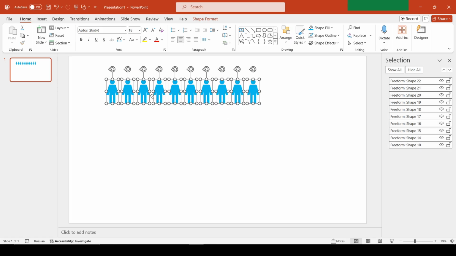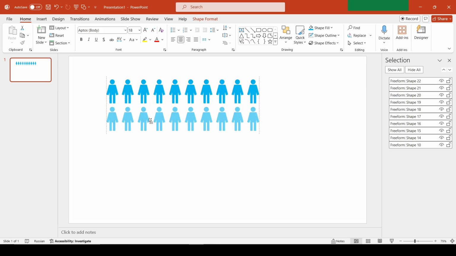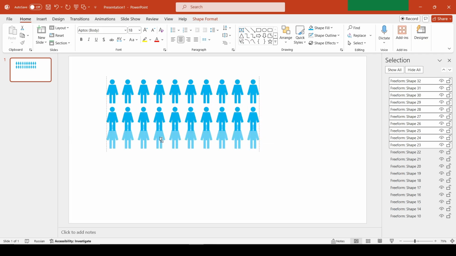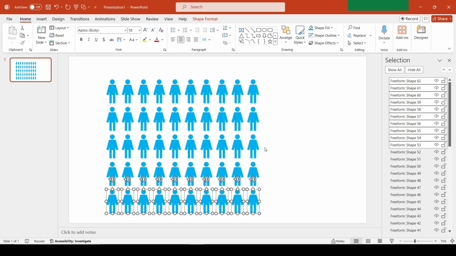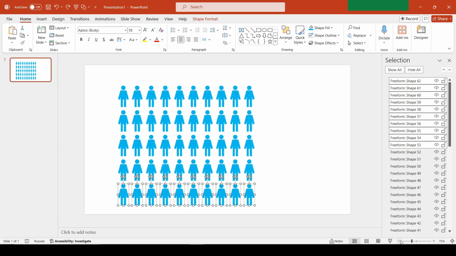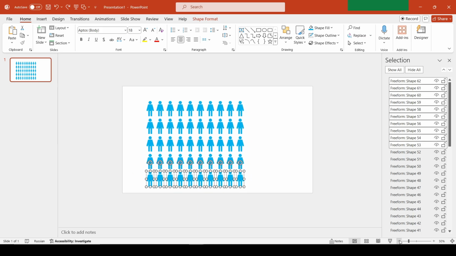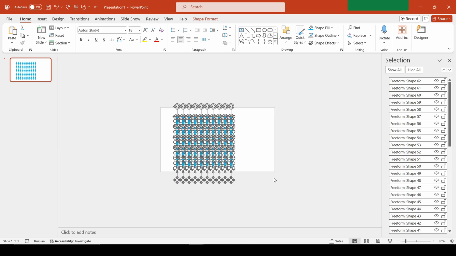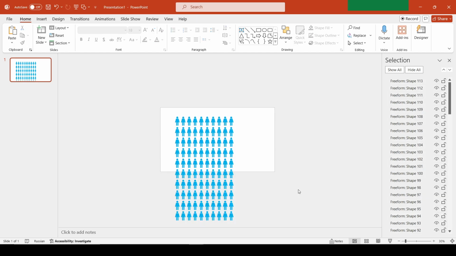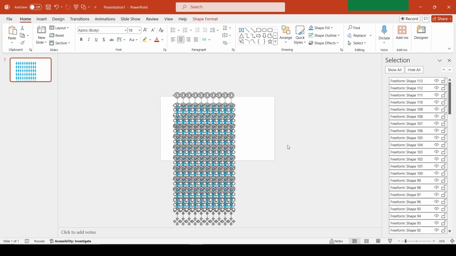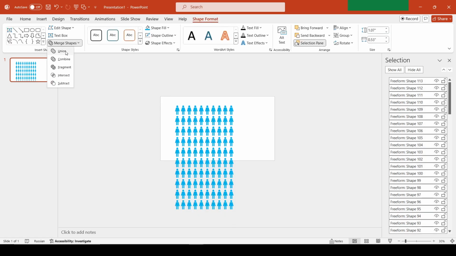Create an entire army of these person icons, forming a legion of 100 people, arranged in a 10x10 grid. Combine all the person icons into one shape.